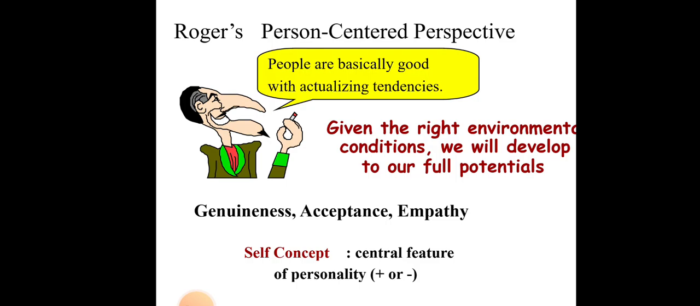Rogers' person-centered perspective. Here, what does he say? People are basically good with actualizing tendencies. Given the right environmental conditions, according to Rogers, we will develop our potentials. So he talked about the idea of genuineness, acceptance, and empathy. So these are central features for personality. Okay,